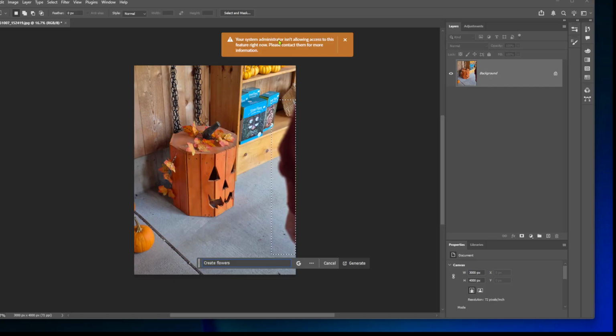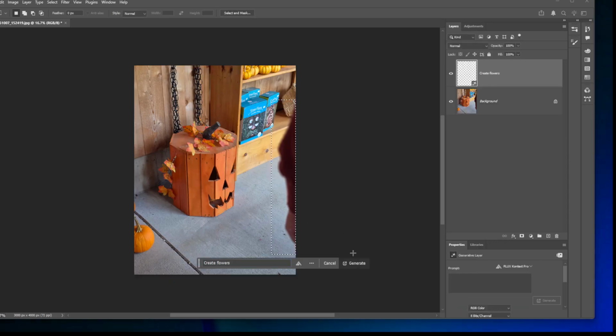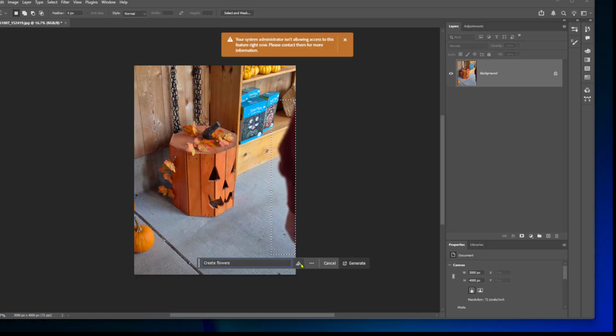And then it comes up with this message: your system administrator isn't allowing access to this feature right now. Please contact them for more support. So any of these models down here, if I do this, they give me that. But if I choose the old Firefly,